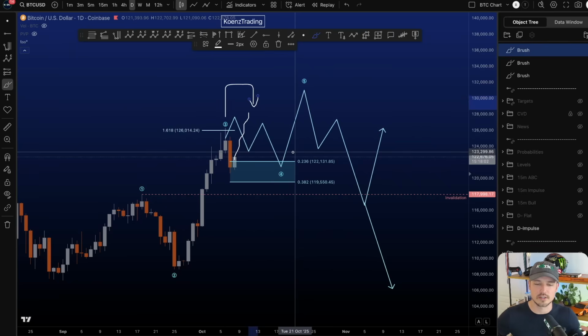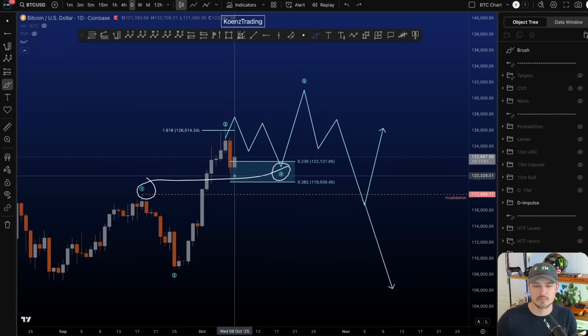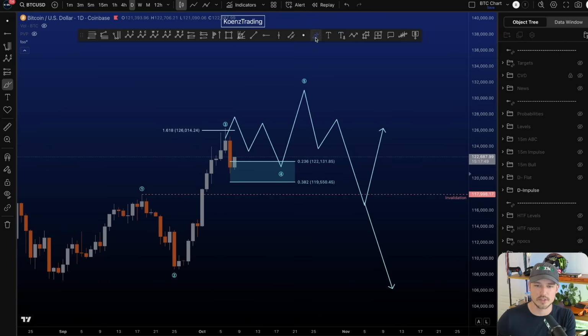But in general, it doesn't change the probabilities of the past couple of videos on the daily and the 4-hour time frame that we are looking for a larger range to form or a larger retracement. So we're literally moving towards the end of an impulse here to the upside, which potentially already ended, mainly due